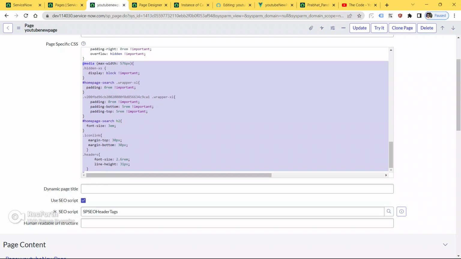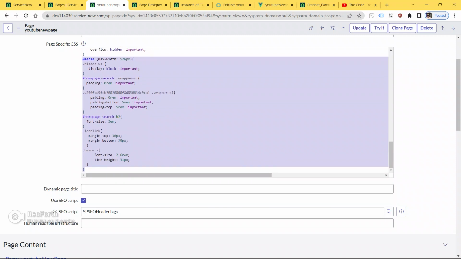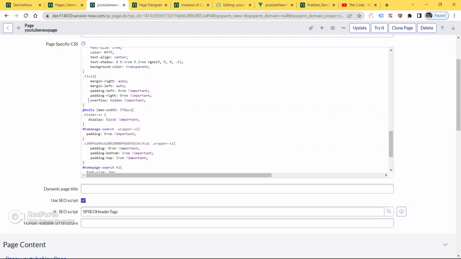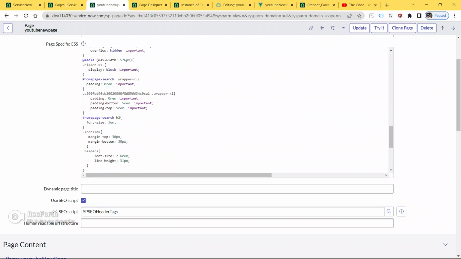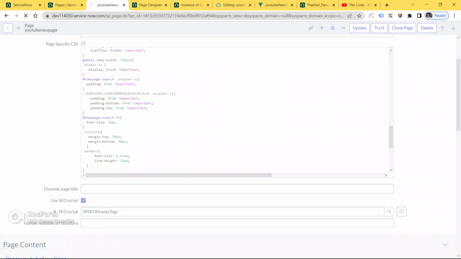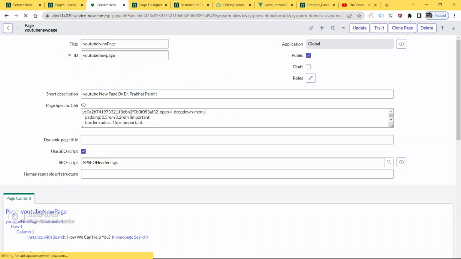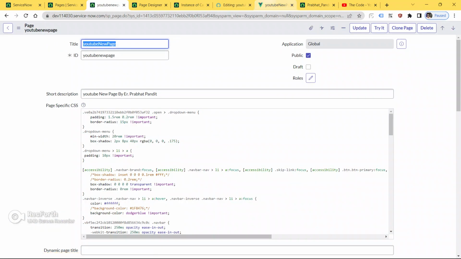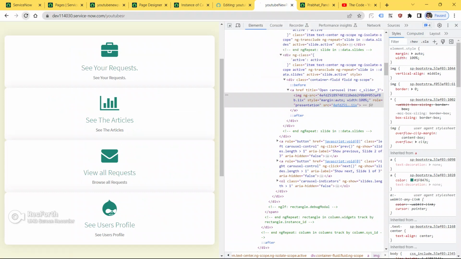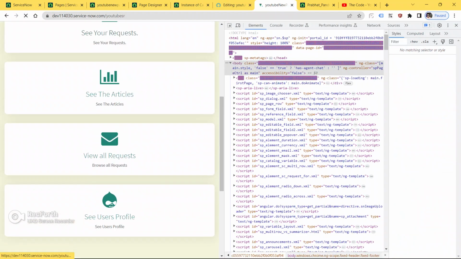Or just copy the entire media query from here to here, paste it here and make this 768px, for tabs or bigger devices. Now save your code, go here and refresh your page.